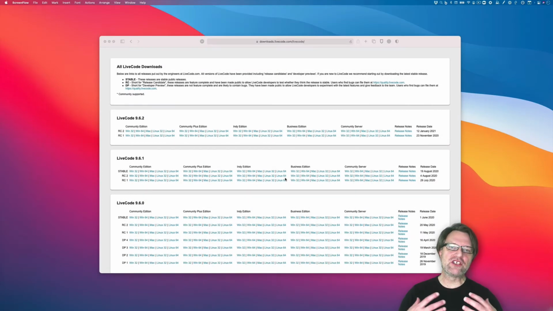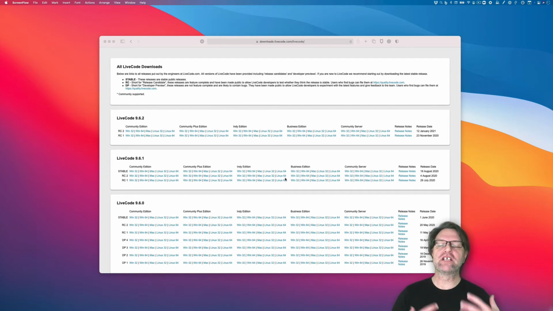So before we can start using LiveCode, we of course need to download and install it. The easiest way to do that is to go to downloads.livecode.com. And then you arrive at this page, and here you have kind of every version of LiveCode in all